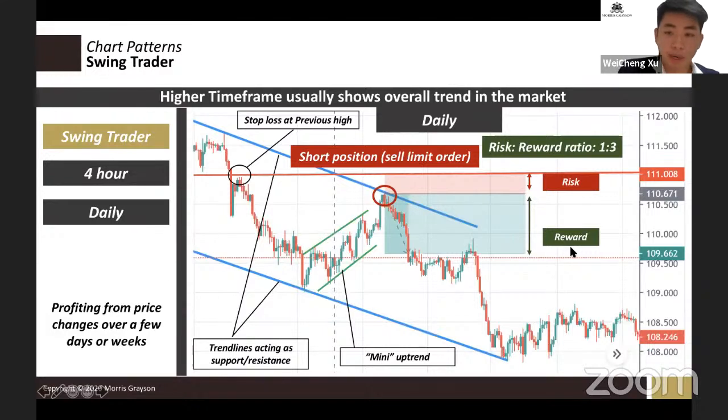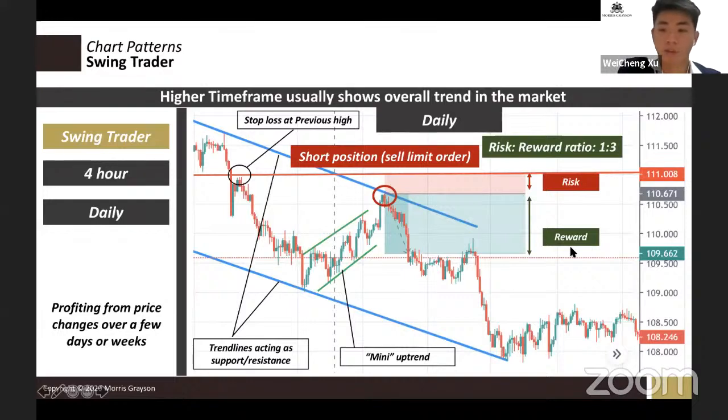So here, the price action has rejected nicely from the trend line and back down, following the broader market consensus on the daily time frame, which is the downtrend. So a short position here is placed, which I think I mentioned earlier, with different orders. One of them is the sell limit order, where you can sell at that specific level. This order was triggered as the price approached the trendline resistance as shown here, and the stop loss is set at the previous high of the level